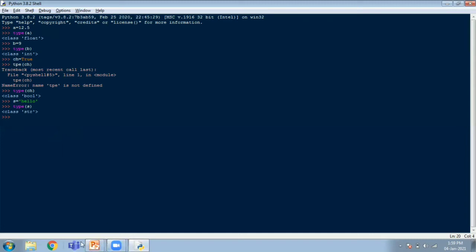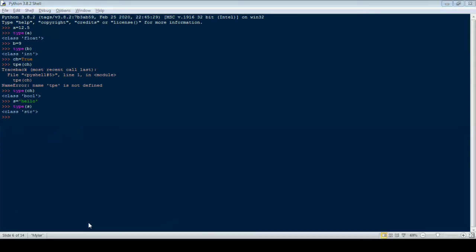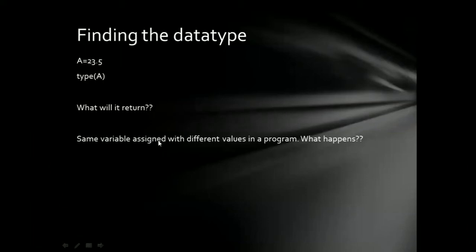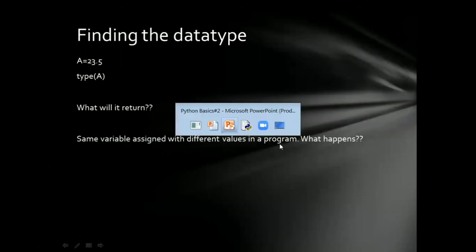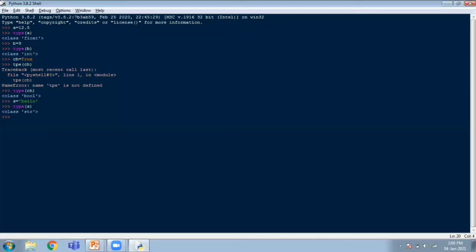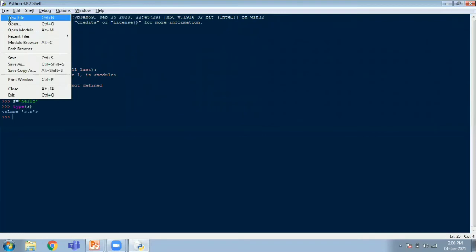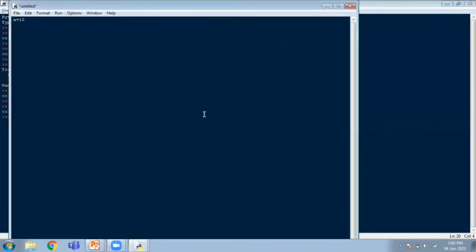Now coming back to our variable, what happens when the same variable is assigned different values in the program? Let us take, for example, in a new script, a is equal to 10, b is equal to 12.5, and I give print a plus b.